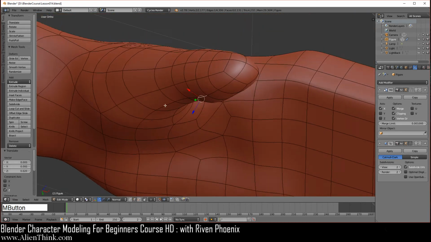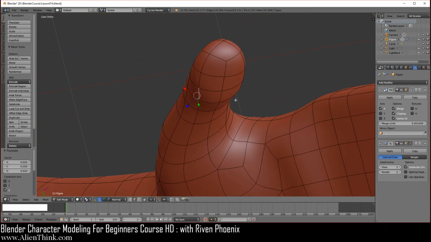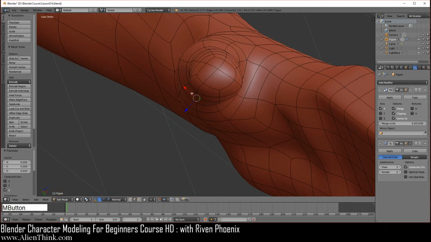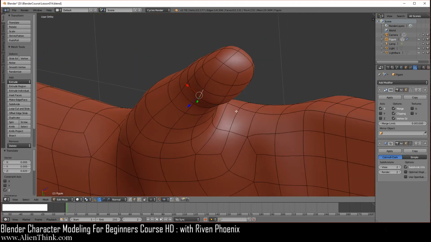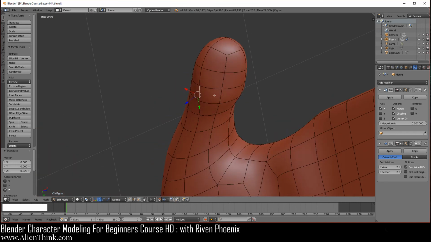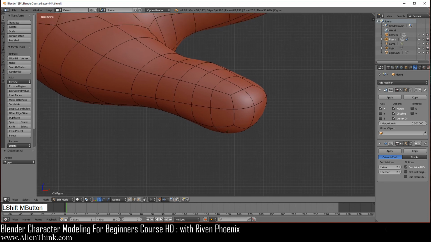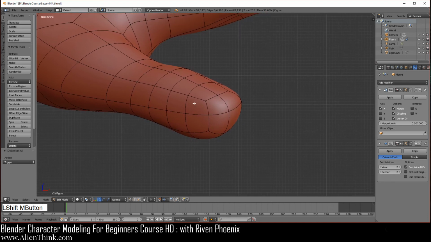Okay, the reason we did this is because we're simply just equalizing this idea over here. Remember, the thumb is organic. It's not going to be symmetrical over here. This is why we're doing it this way. Then just do A to deselect over here. Next, what we're going to do is actually click on the vertex mode and click on this vertex and this one. So you see that we're still getting to manipulate the normals.